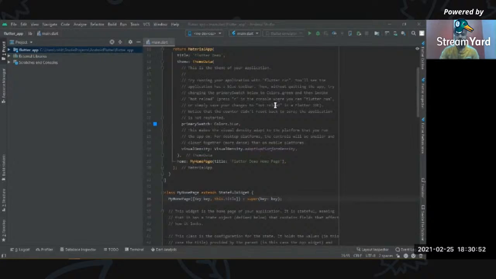So let's configure our device now, where we will be running our Flutter application. I'll be running a virtual device for now, so that you can also see how the first Flutter app works. I've already configured the device, guys. If you have not already, you have to create one virtual device.